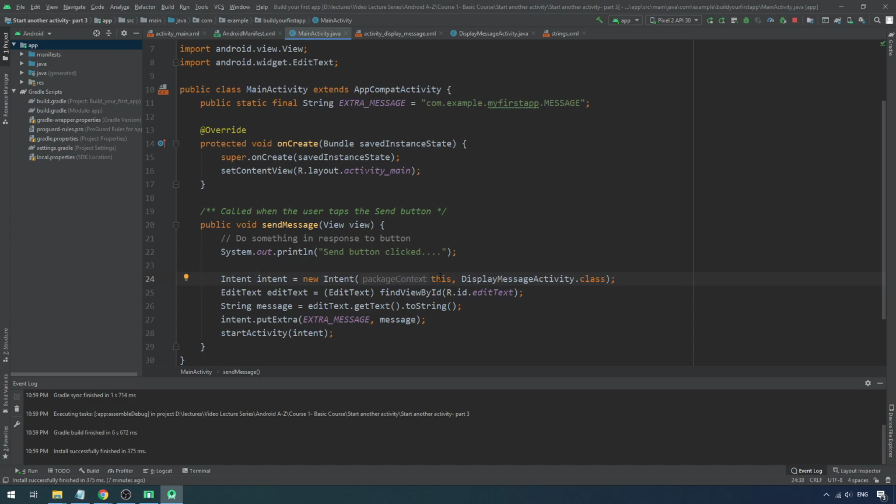I know it's a little bit difficult for you to understand at once, but when you follow this series you will be getting more and more awareness of what we are talking about, right? But keep in mind, whenever you create an Intent you will be mostly passing the keyword this, right? That's what you will be doing. That's how you create an Intent.